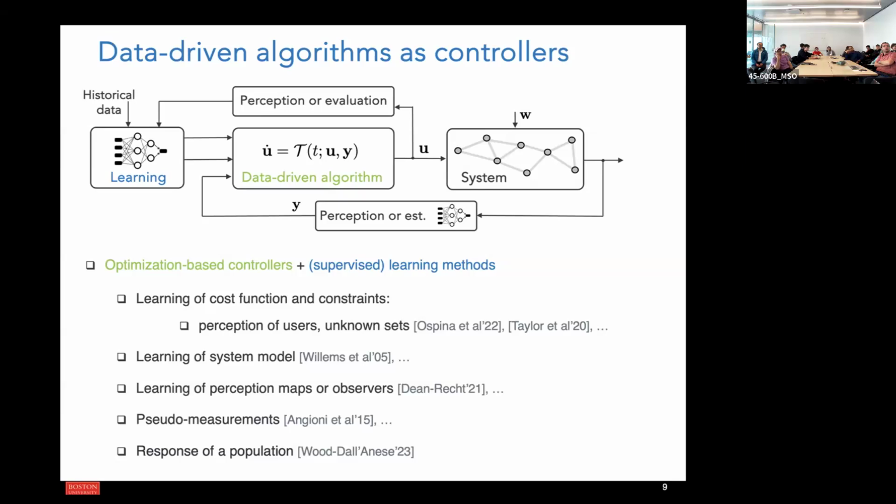And in this particular case, the main objective, as I will show you, is to claim stability and convergence to these equilibria implicitly defined by these problems, even in cases where I'm sensing or estimating the output of the state, or I'm trying to estimate the cost function of the problem.